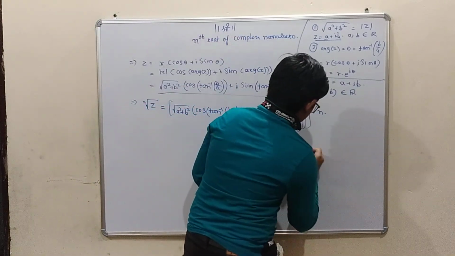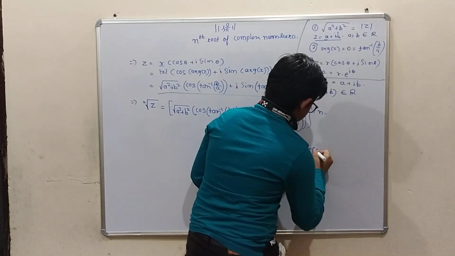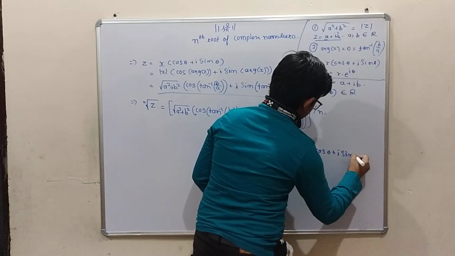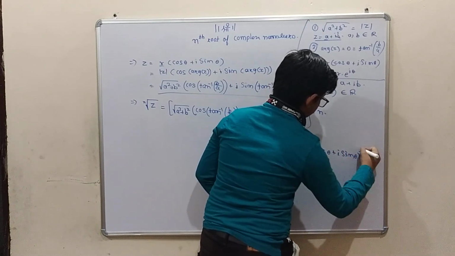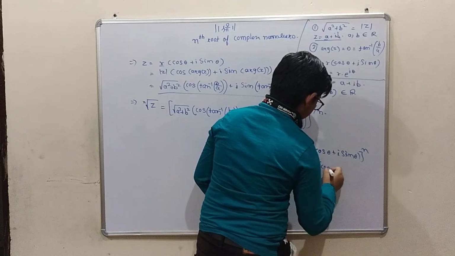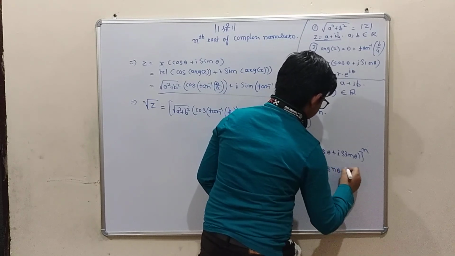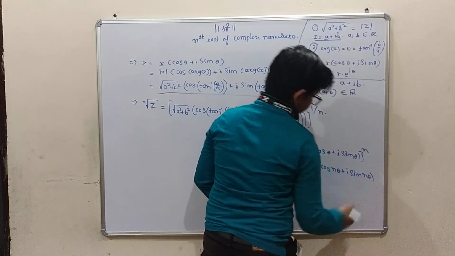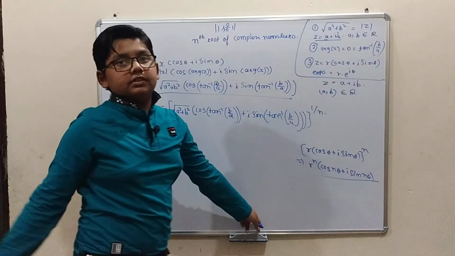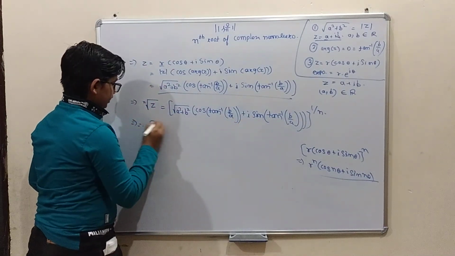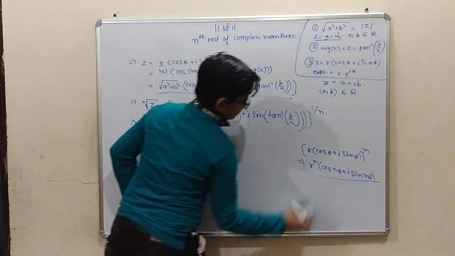It is that r times (cos theta plus i sin theta) raised to the power n is equal to r raised to the power n times (cos n theta plus i sin n theta). This is the theorem. So by this theorem we can find it. So we can say that the nth root of z